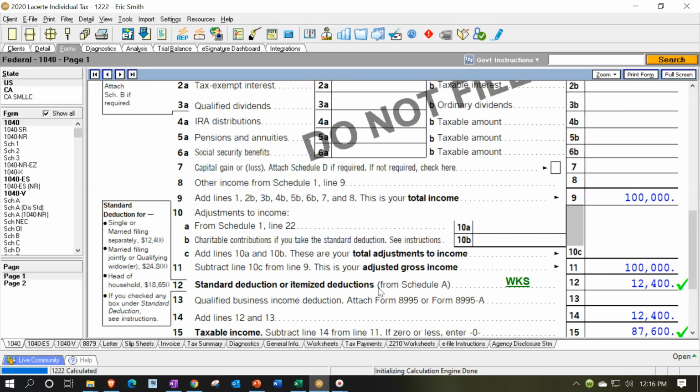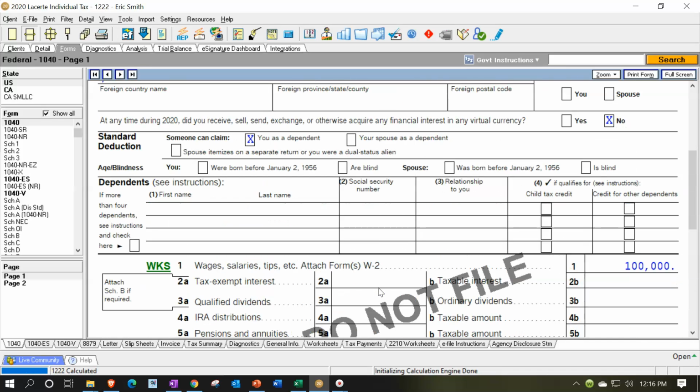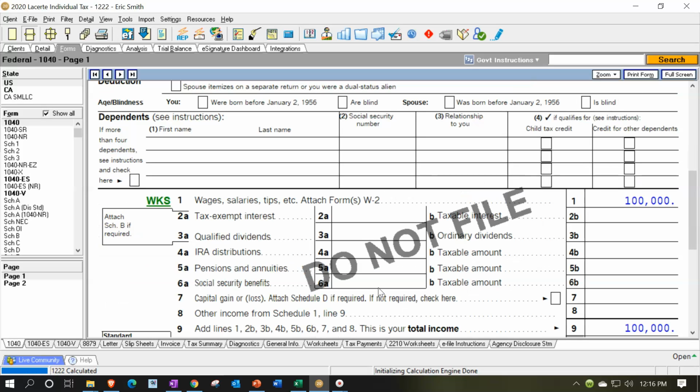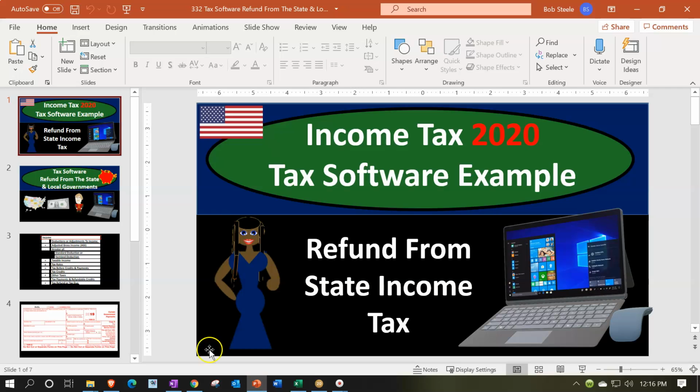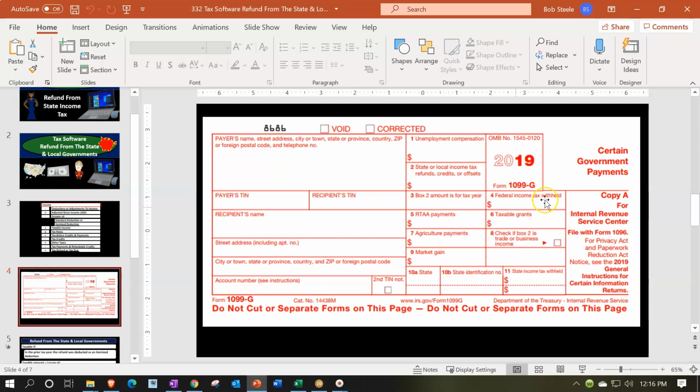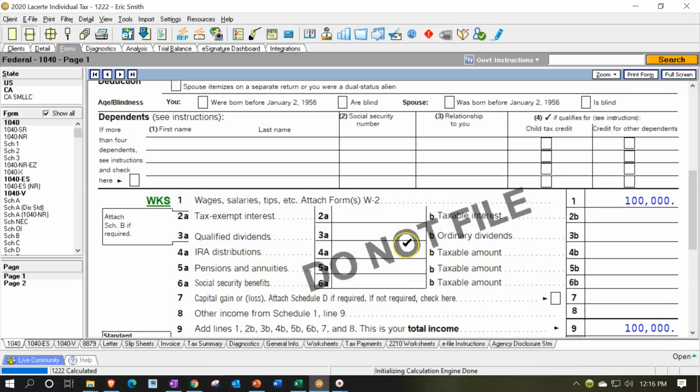But in any case, we're now going to go back over and consider our refund. So we're imagining that our client has received, let's say, a 1099-G, and in box 2, we have a state or local income tax refund. Notice that the format of the 1099-G may not look exactly like this, but the layout in terms of the boxes will be the same. And you can look at the instructions related to the boxes if you have any questions. So we have a state or local refund. This is what will commonly happen.